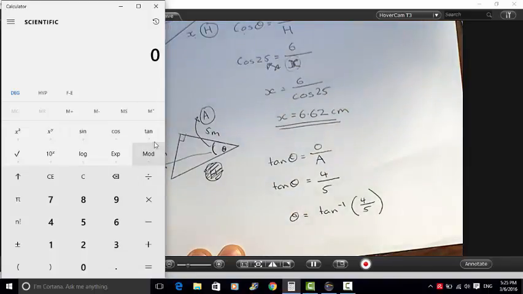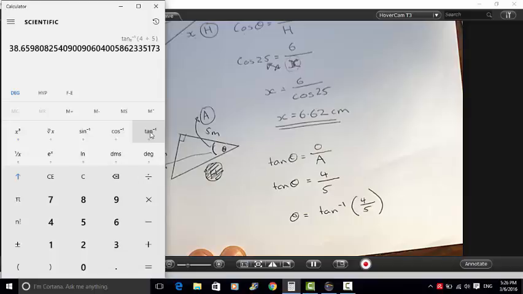So I'll try to figure that out now. So the inverse is here, see? Inverse of tan. So I'd imagine on this calculator I need to do the division. I'll do the 4 divided by 5. I'll use my bracket. Then I'll do the inverse of tan, tan to the negative 1. And then that's the angle there, 38.659, which will be 38.66